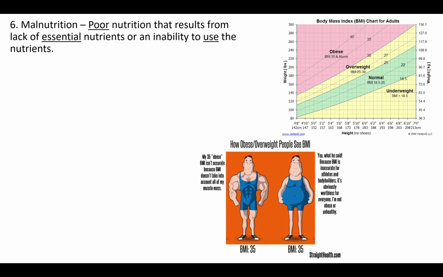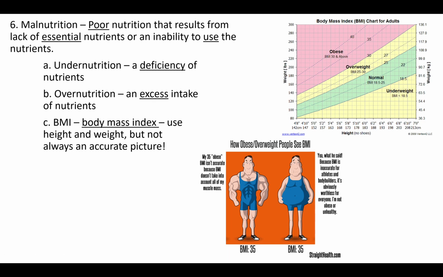If you have some sort of illness, sometimes that can prevent you from eating or from actually using the nutrients, even though you've eaten them. Part of that, the undernutrition, is when you have a deficiency or not enough nutrients. Overnutrition is when you have an excess or too many nutrients. And so